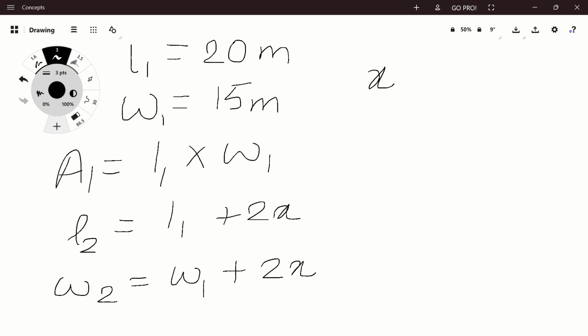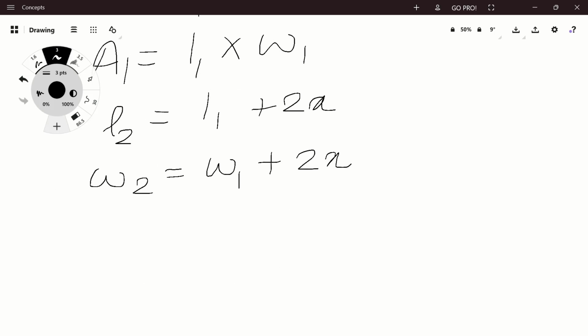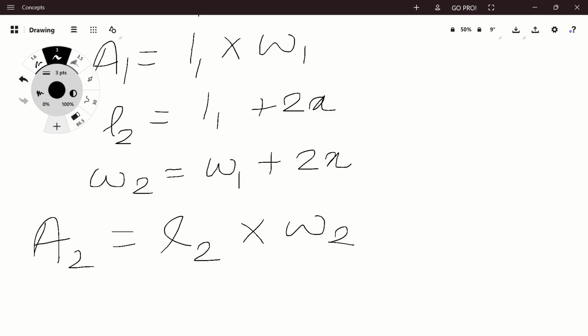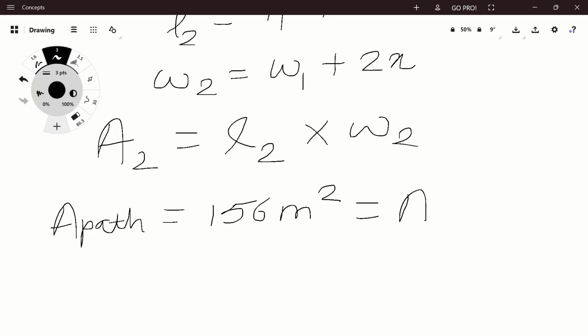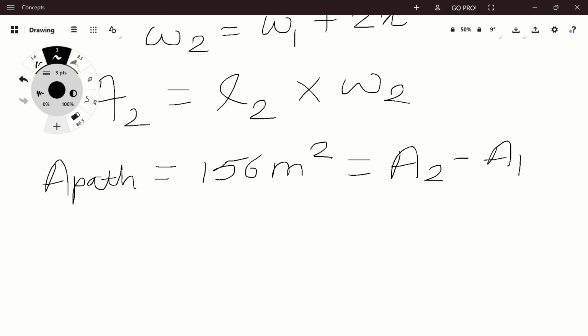The area of the outer boundary is A2, which is equal to L2 into W2. The area of the path is given as 156 meters square, which is also A2 minus A1,